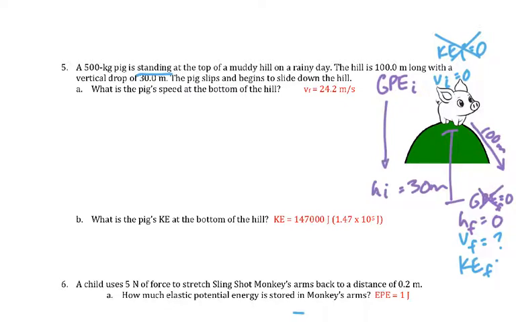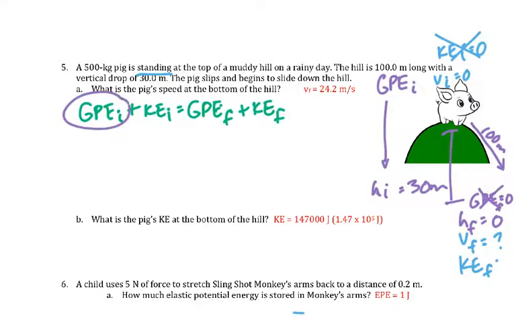Okay, so in the long equation that says GPE I plus KEI equals GPEF plus KEF, we want to only keep the ones that he actually has. So he has GPEI and he has KEF. And we want to get rid of everything else that wasn't present. So we're going to get rid of KEI, we're going to get rid of GPEF. Okay, so our equation is going to say